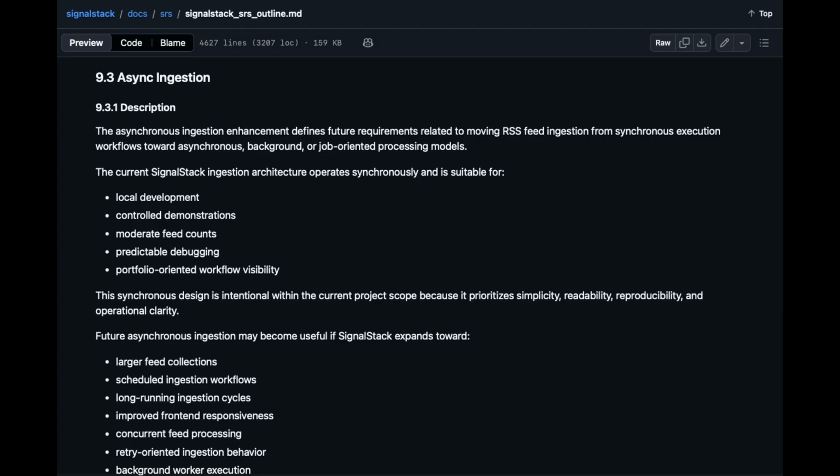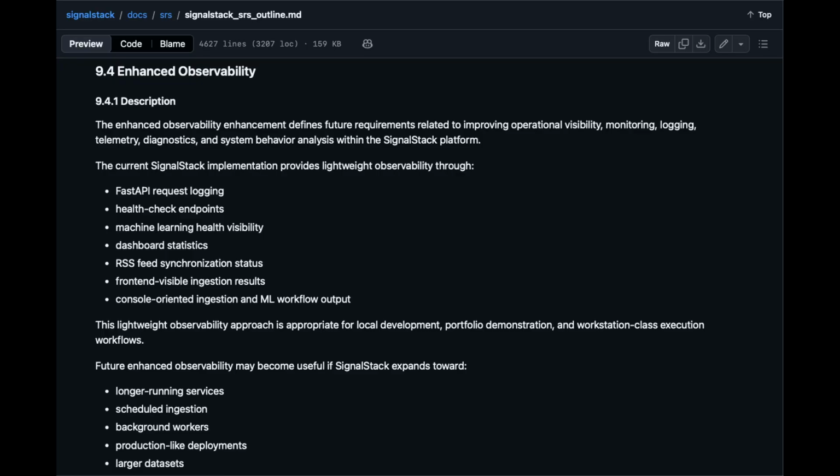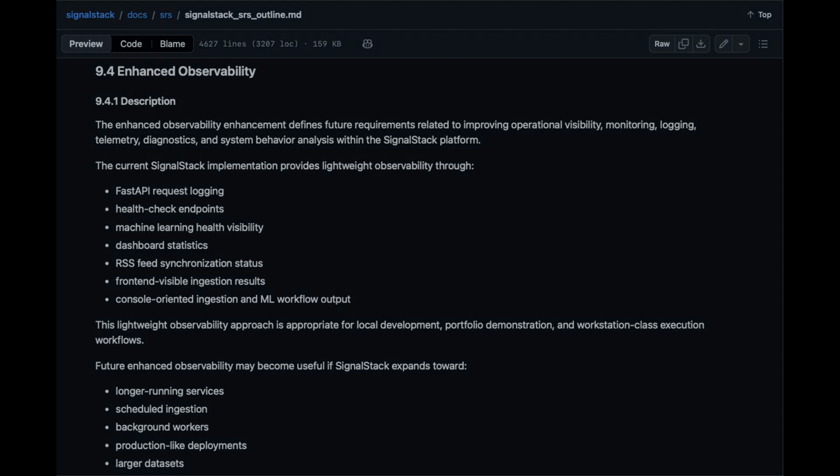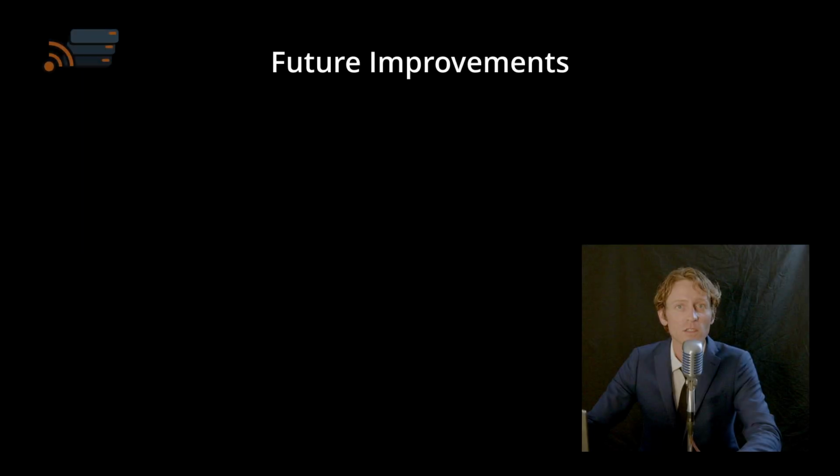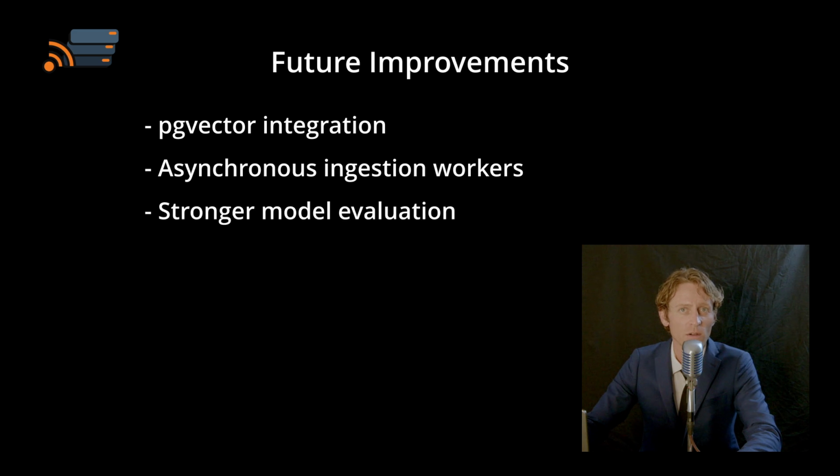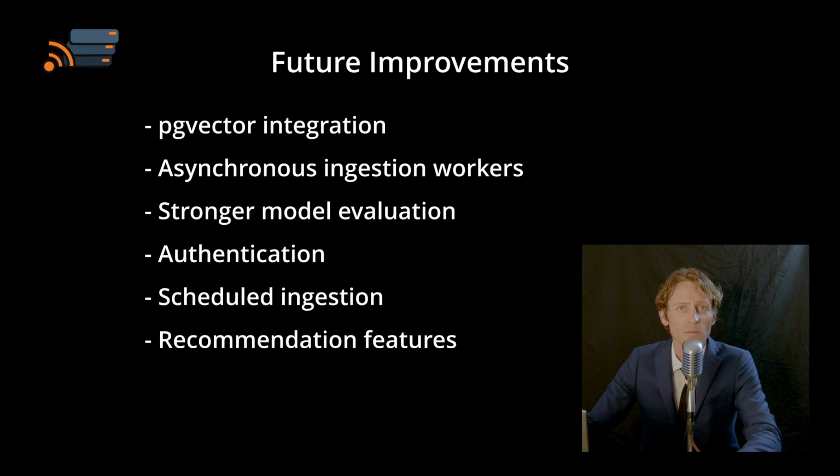Future versions could add background workers, scheduled ingestion, or queue-based processing. Third, the front end is intentionally simple. The project is focused on back-end architecture, APIs, database work, AI and ML workflows, and documentation. Those trade-offs keep the project focused and make the current version easier to demonstrate while still leaving clear paths for future growth. Future improvements could include pgvector integration, asynchronous ingestion workers, stronger model evaluation, authentication, scheduled ingestion, recommendation features,